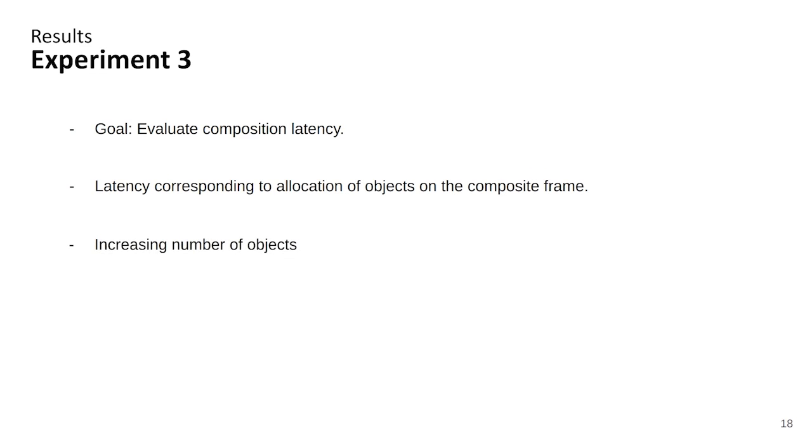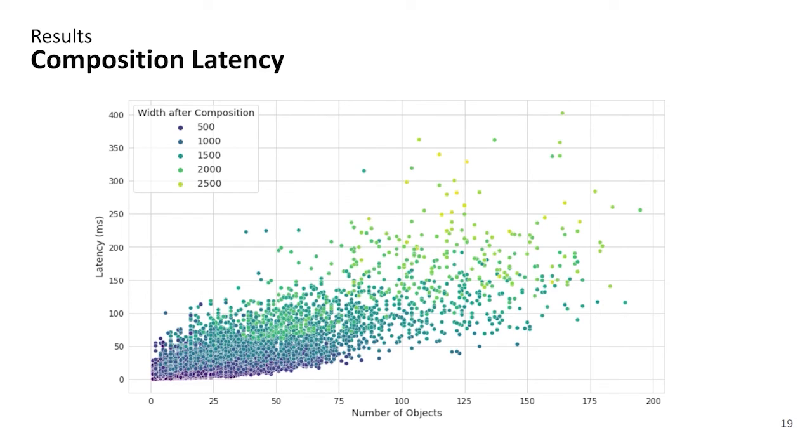The goal of the third experiment is to evaluate the compositional latency. That is, the latency corresponding to the allocation of objects on the composite frame using the placement heuristic. This way we can evaluate how an increasing number of objects from different scenes may impact the time to compose a frame. The following figure shows the compositional latency in milliseconds with respect to the number of objects considered during